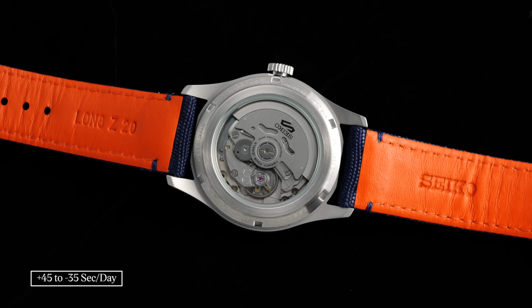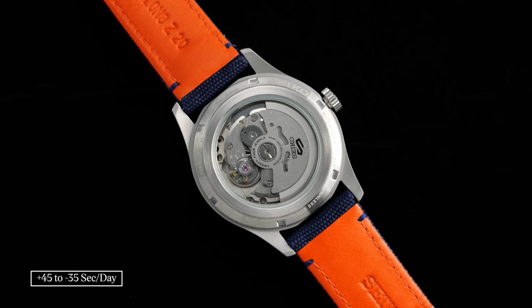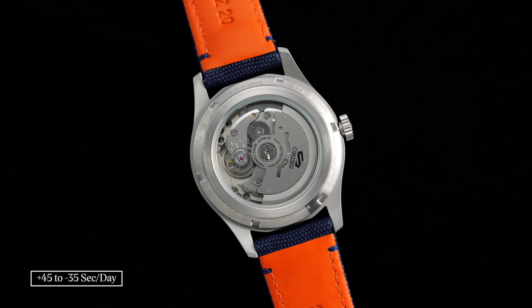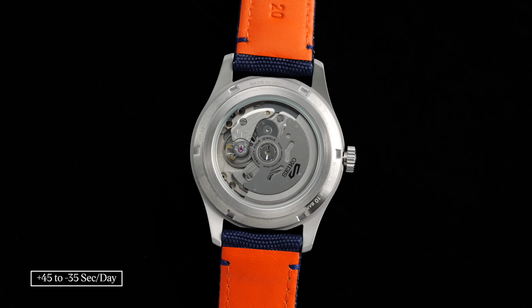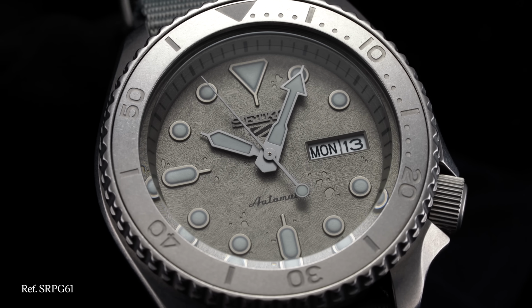Seiko tends to be very broad when quoting accuracy, with this one having a stated accuracy range of plus 45 seconds a day to minus 35 seconds per day. Although anecdotally, this underestimates the real-world figures quite a bit, with both of these falling well within that range in testing. So part of the charm of Seiko 5s, which also serves as their number one challenge, is the sheer number